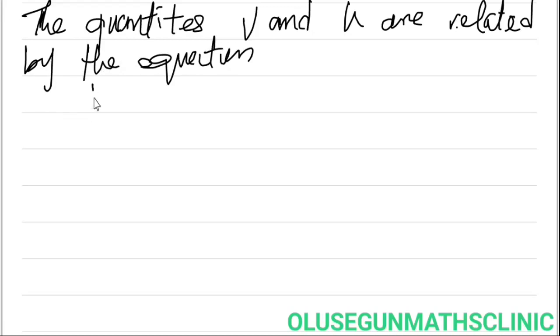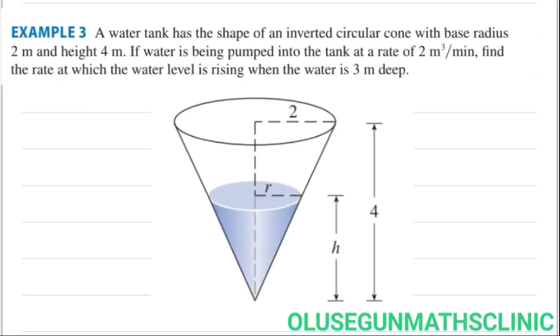So V is equal to 1 over 3 pi r squared h. This is the volume of the cone, and this is the equation that relates V and h together. Now by similar triangles,